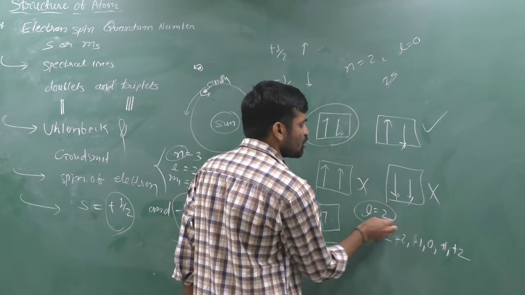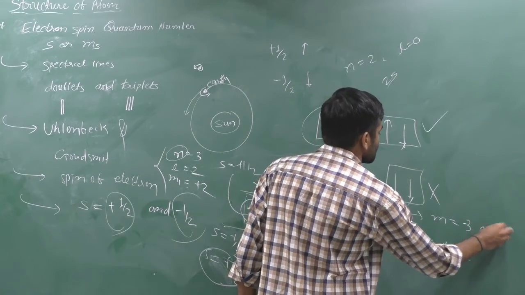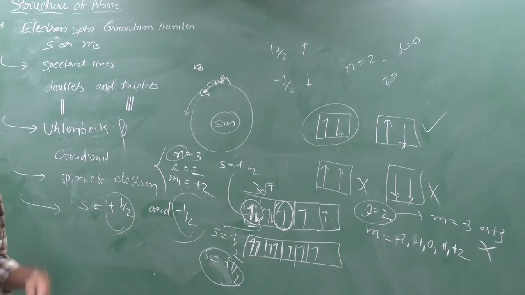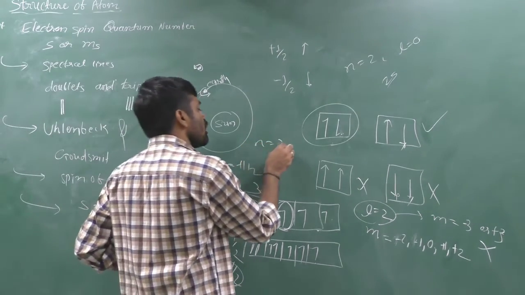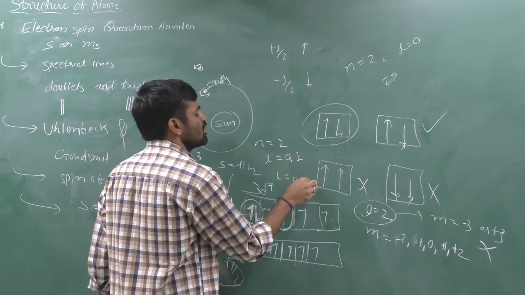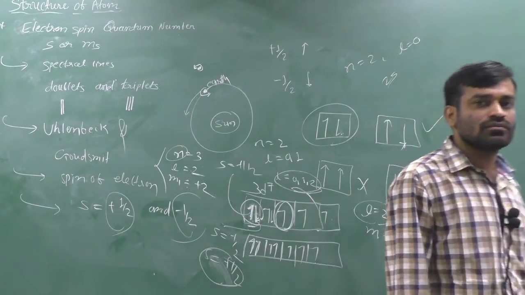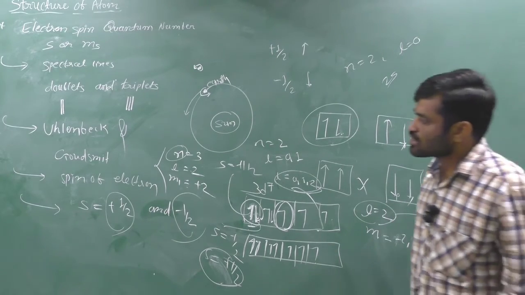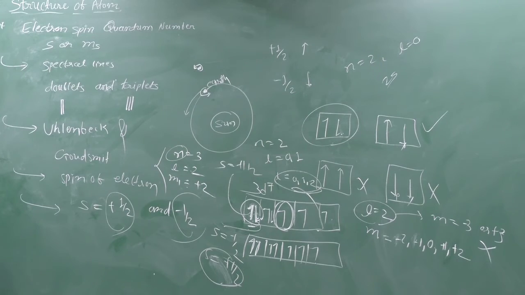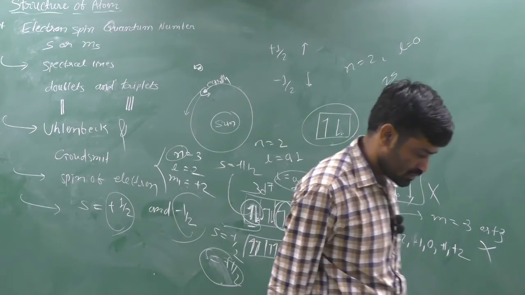Never, for l is equal to 2, m can be minus 3 or plus 3. Never. If n is equal to 2, then l is equal to 0 and 1 only, and l is equal to 0, 1 and 2 cannot be. Never. Clear? And the last quantum number is s, which we use to know the orientation of the electron on its